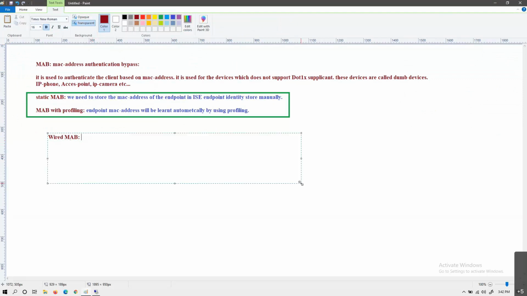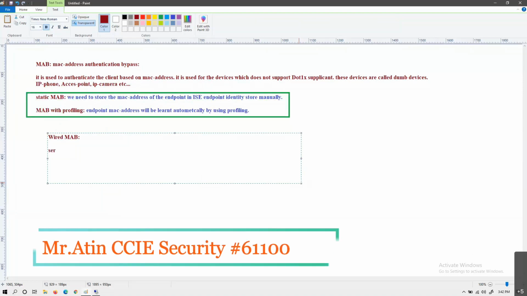For wired MAB, your ISE will identify by checking some RADIUS fields. Look, ISE will receive many authentication requests, right? How will ISE identify whether it is for wired MAB or wireless MAB, or for wired.1x or wireless.1x? So it will check some RADIUS attributes, RADIUS fields like service type and NAS port type.